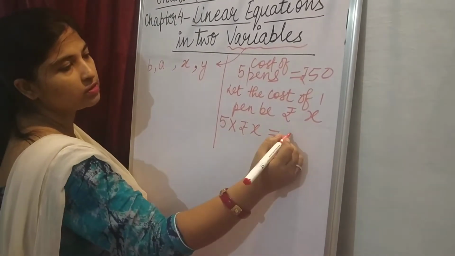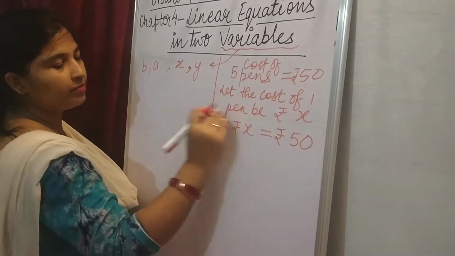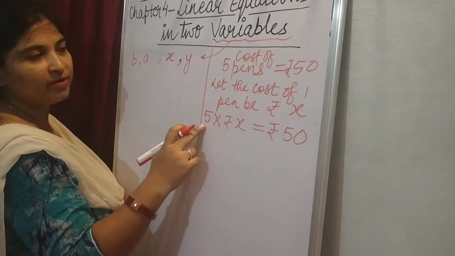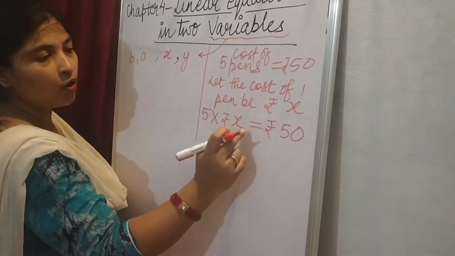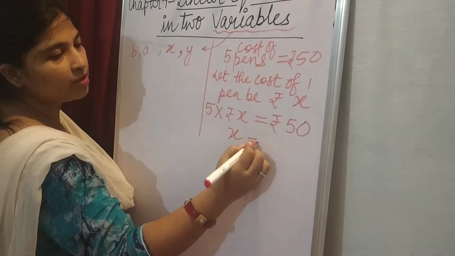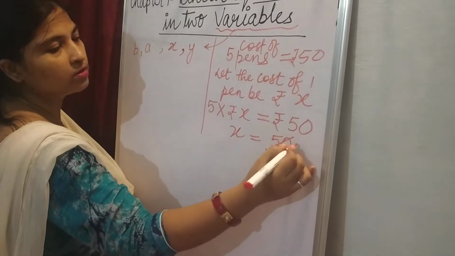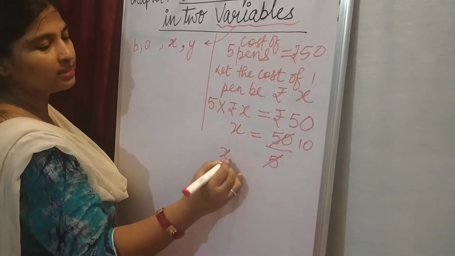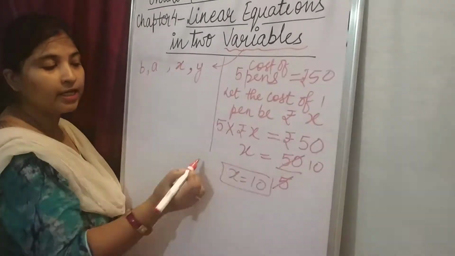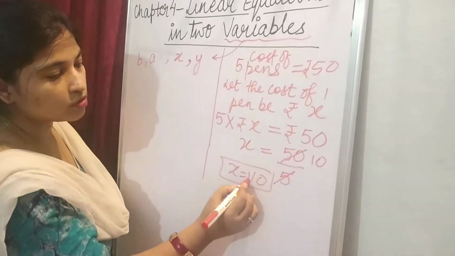I am doing it in short because this question we are doing from 6th class, so I am not writing the full language. The cost of 1 pen we have assumed x, so the cost of 5 pens will be 5 into x, that is already given in the question, it is 50. So can I say x will be equal to rupees 50 upon 5, and that is, if you cut, yes, 10. So what have you assumed x? X was your cost of pen. So here the value of x you have got is 10. So 10 is the cost of 1 pen.